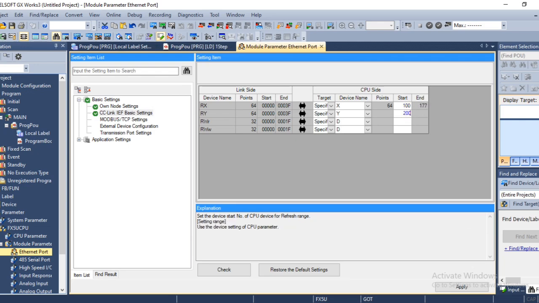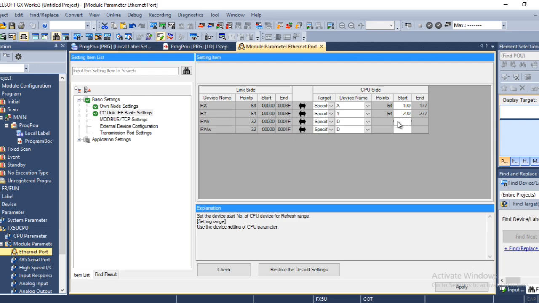Same for the RY, it will go up to 277. It's octal. It does not consider numbers ending with 8 or 9. So it is going from 100 to 177, but the points available are only 64.